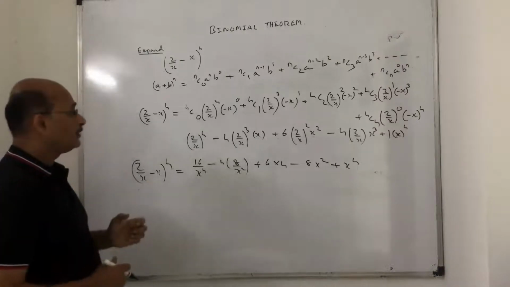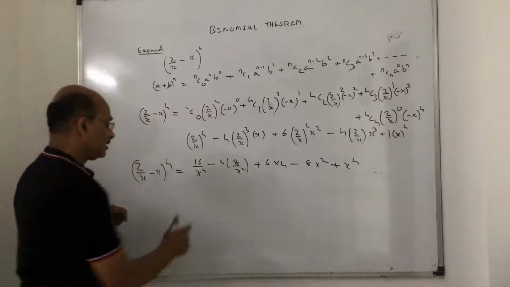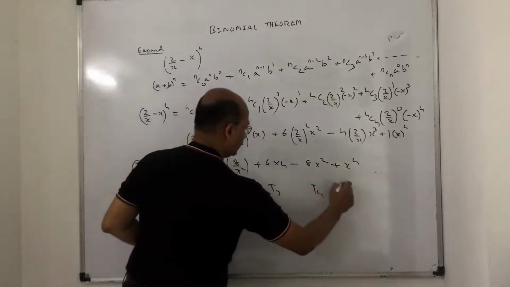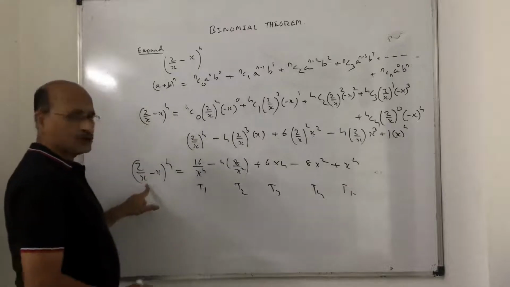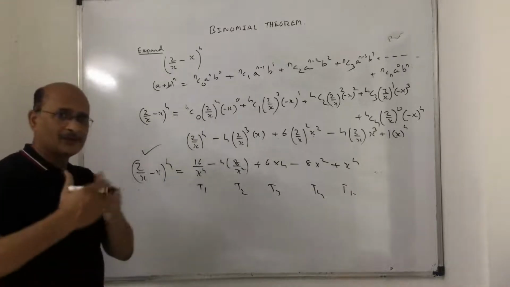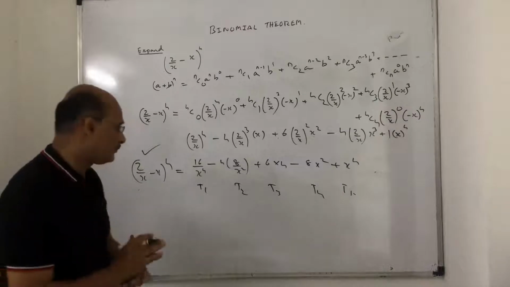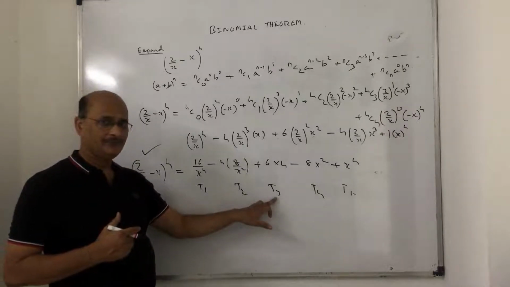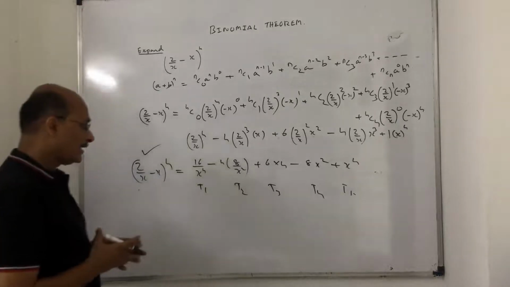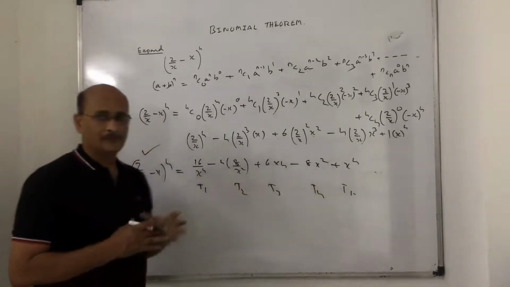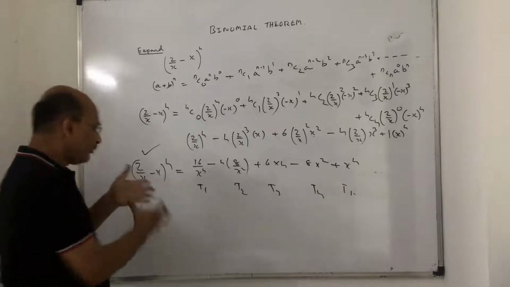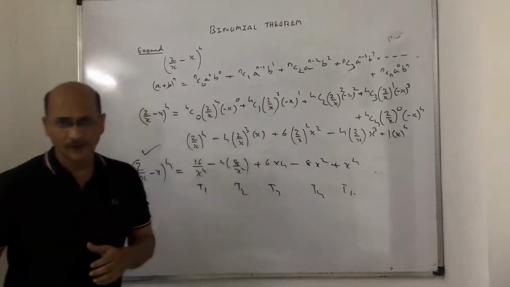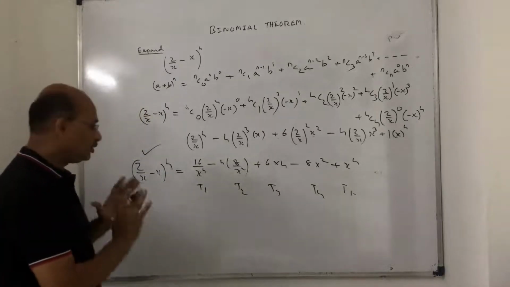What is the next type? Instead of saying expand, they might ask you, so this is the first term, this is the second term, this is the third term, this is the fourth term, this is the fifth term. Instead of expansion, they will give you this. They might ask you different situations here. For example, I can ask you, find the third term directly. Or I can ask you, find the fifth term without expanding. So you don't have to do all. So there is a formula which is called a general term, with the help of which you can do it.